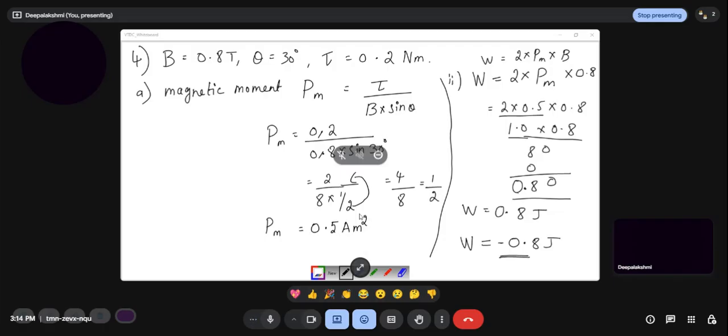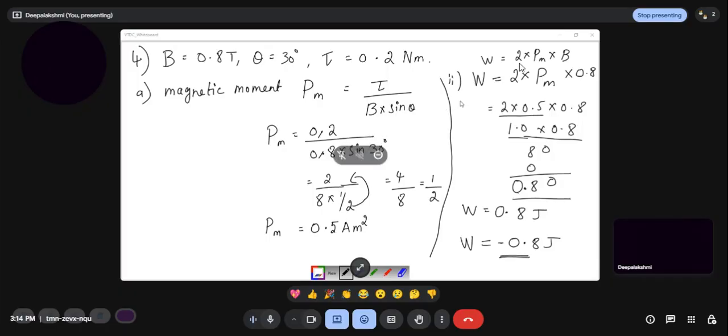And then next one you have to find the work done by the applied force in moving it from the most stable configuration to the most unstable configuration, and also compute the work done by the applied magnetic field in this case. So we have to find the work done. Here you have to keep in mind work is done by the applied force in moving from most stable configuration towards the unstable configuration. So the answer has to be, since it is unstable, we have to express the answer in negative sign, that is in the opposite direction. It specifies that it's in the opposite direction, so we will have to write the answer with negative sign.